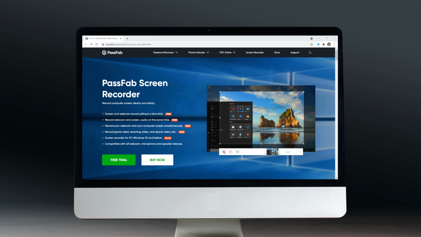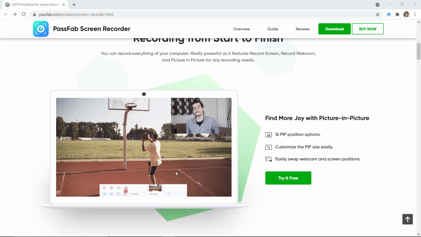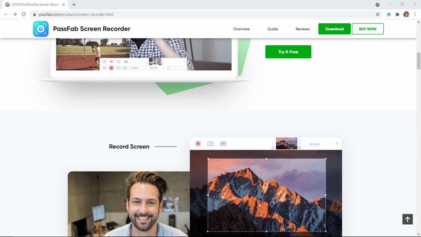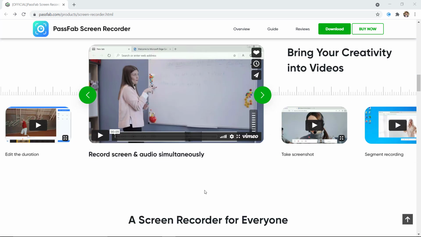In this video I am going to show you how to record your computer screen with PassWeb Screen Recorder. It enables you to record the computer screen with audio in high quality so you can record multiple ongoing scenes such as instructional videos, games, live streams in HD format with unlimited recording time. It has powerful screen recording features and is mainly used for video creation, live gaming, course recording and more. It can basically meet all the needs of screen recording.